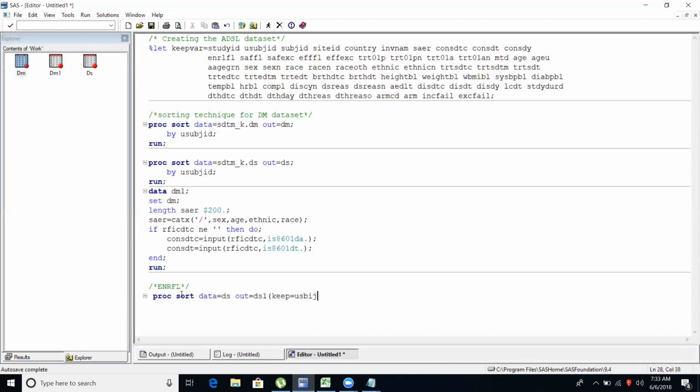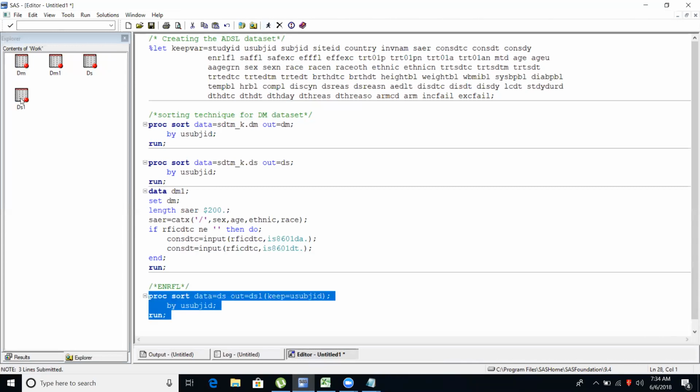So I'm going to use USUBJID. Then a semicolon, then BY USUBJID, then RUN. But now the problem is that if you just run the program,